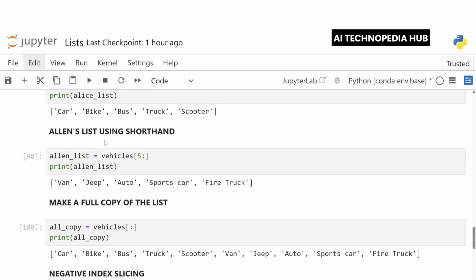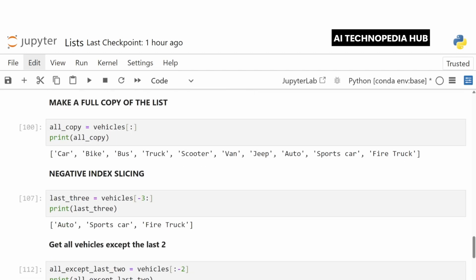Similarly, for Alan's list using shorthand, if we don't mention the end index, Python goes up to the end of the list. Now, if we want to make a full copy of the list, this creates a new list. That's a full copy of the vehicles list where we don't specify the start or the end index and we just give the colon.